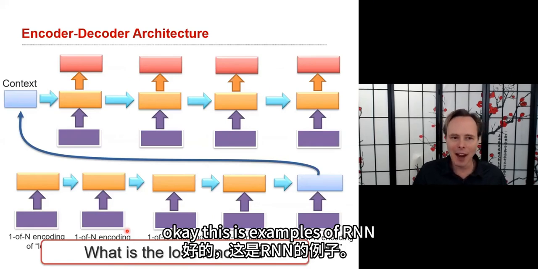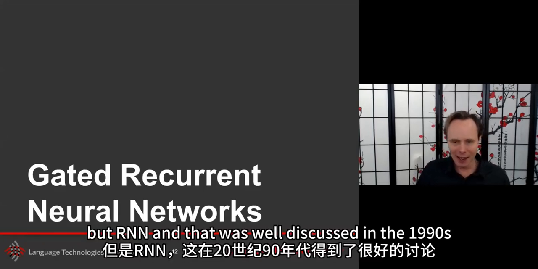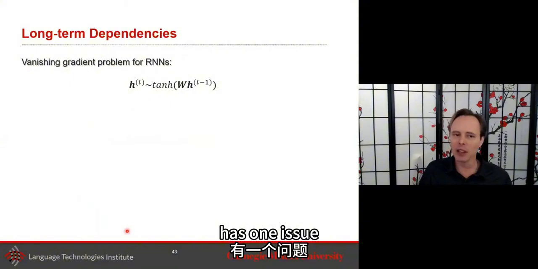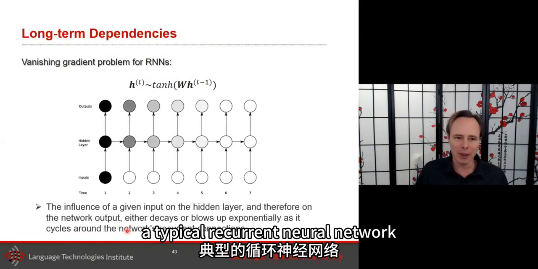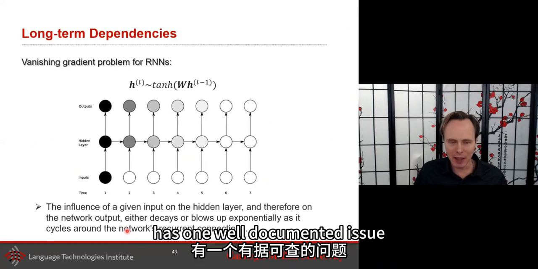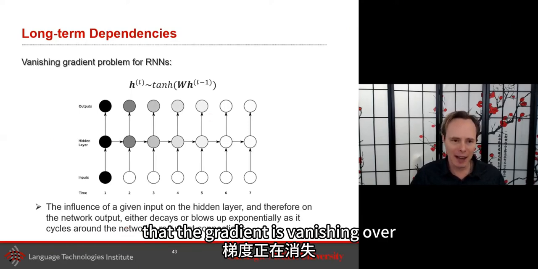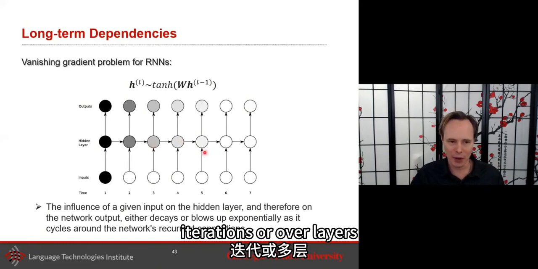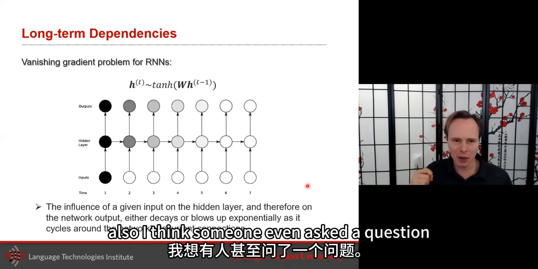Okay, these are examples of RNN, but RNN, and that was well discussed in the 1990s, has one issue. A typical recurrent neural network has one well-documented issue. There are beautiful papers on this topic, that the gradient is vanishing over iterations or over layers. And that issue, I hinted at it also, and I think someone even asked a question,